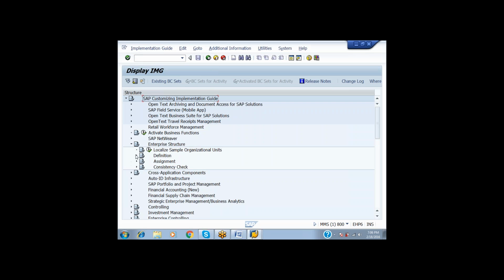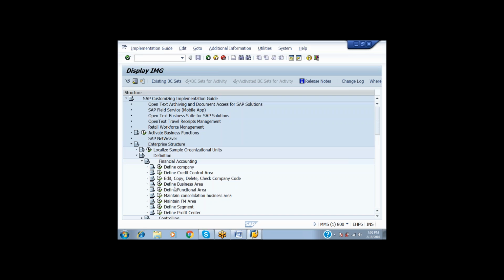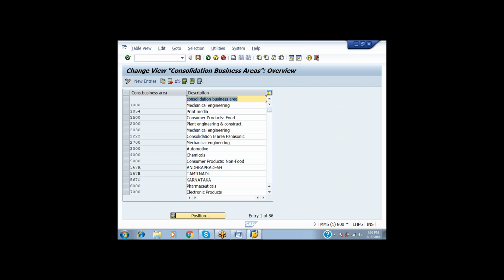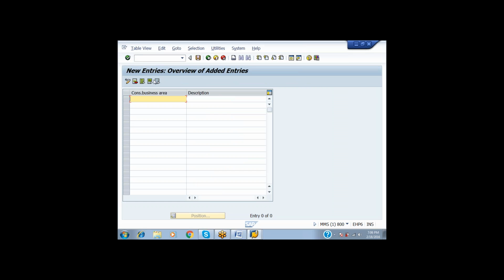Structure, definition, financial accounting, maintain consolidation business area, and here select entries.